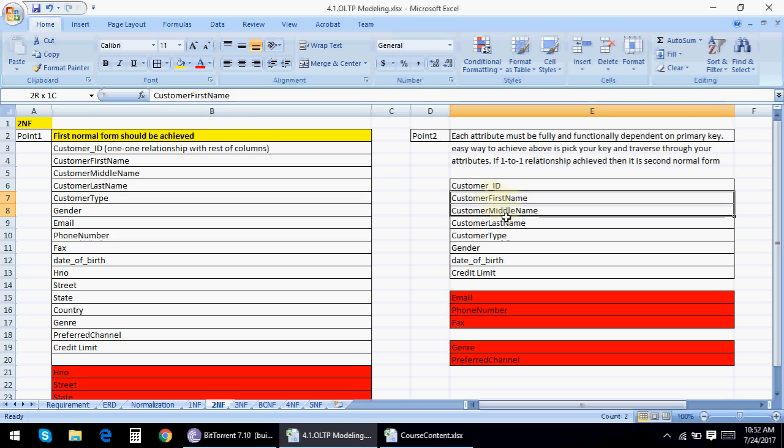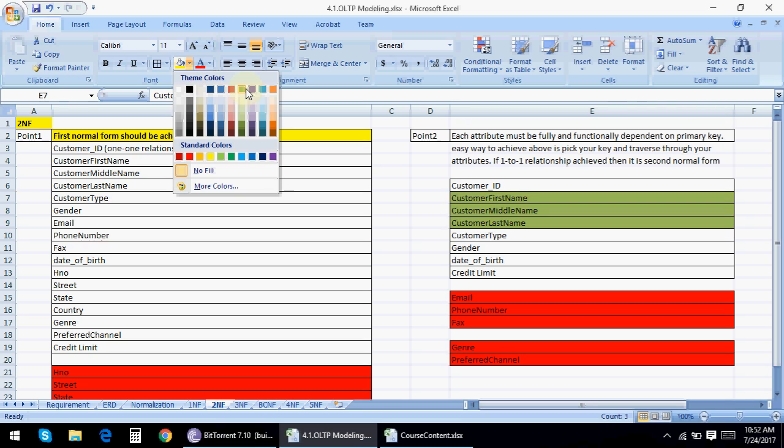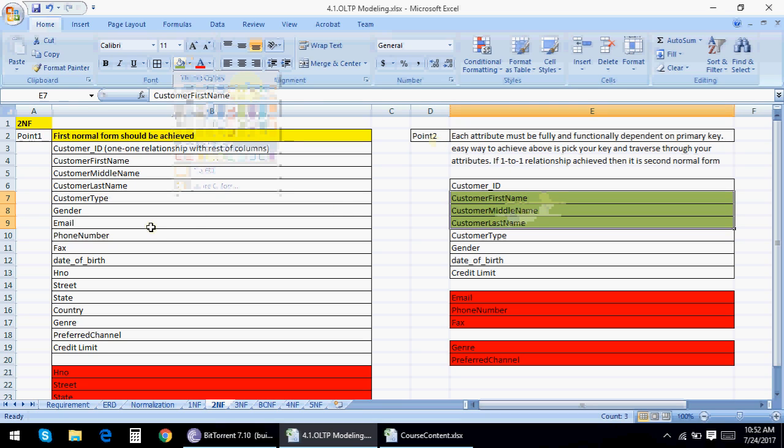So I have listed those three columns here because they are perfectly in second normal form. Customer type: one customer will have one customer type. Yes, one person can be either a frequent visitor, or a privileged customer, or a new customer.